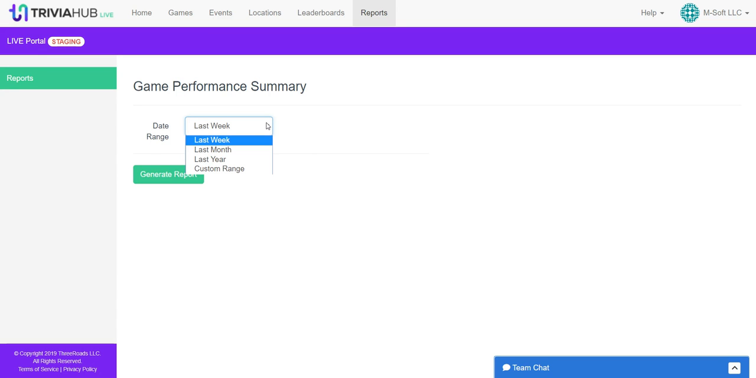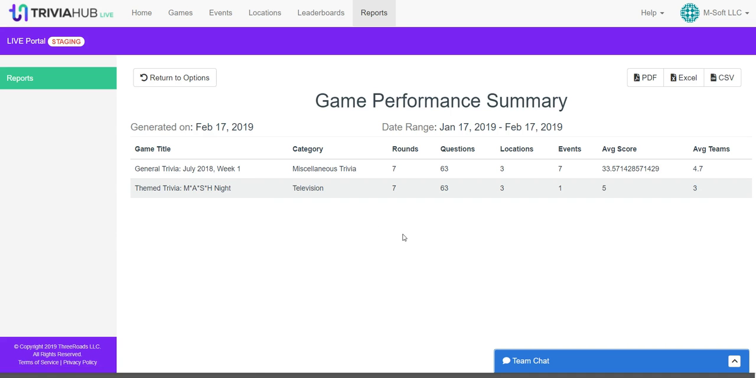Inside of here, you'll have the option to pick a date range, either over the last week, the last month, the last year, or you can also choose this to pick a custom date range. We're going to go ahead and just pick over the last month, and then we're going to click this Generate Report button. That's now going to run the report for us,